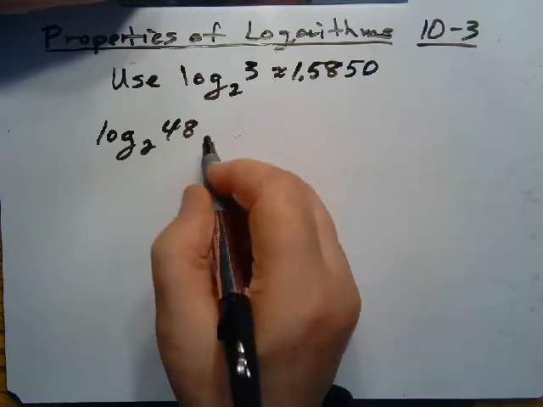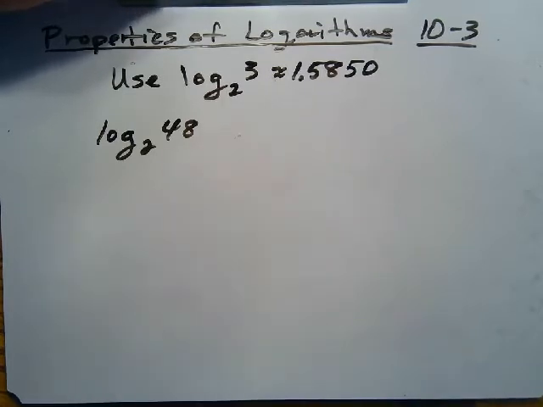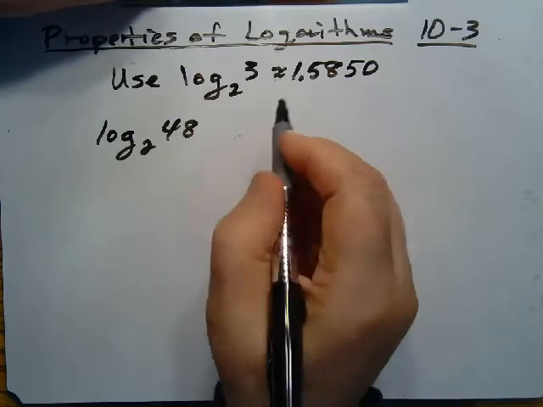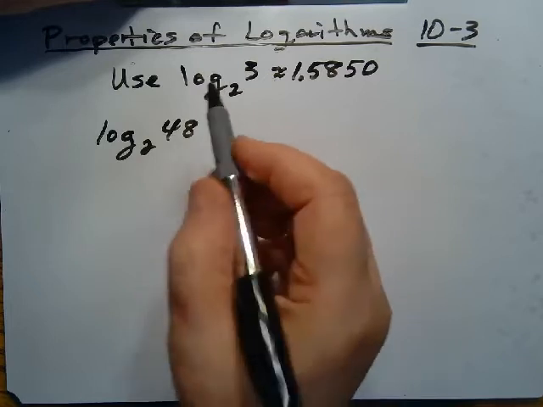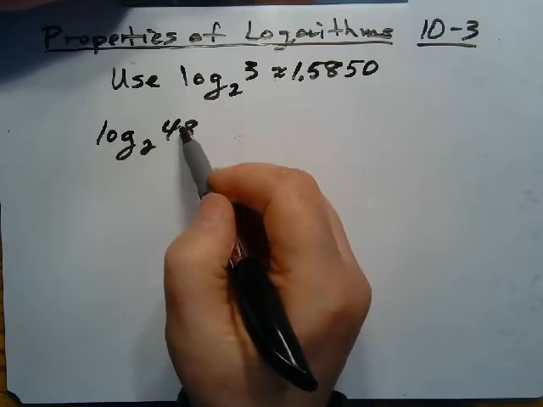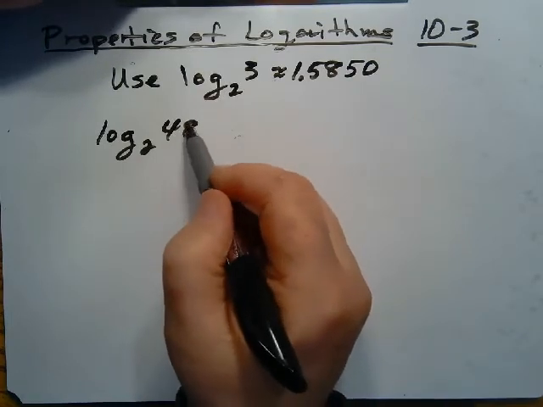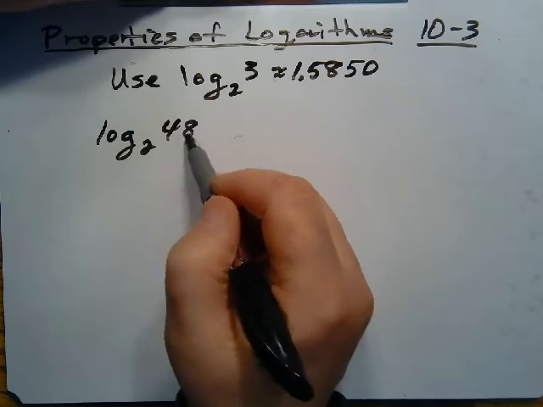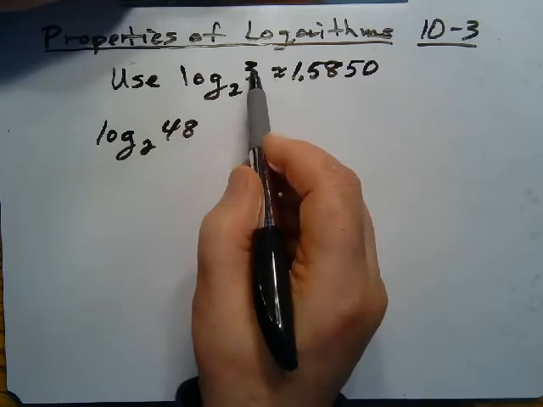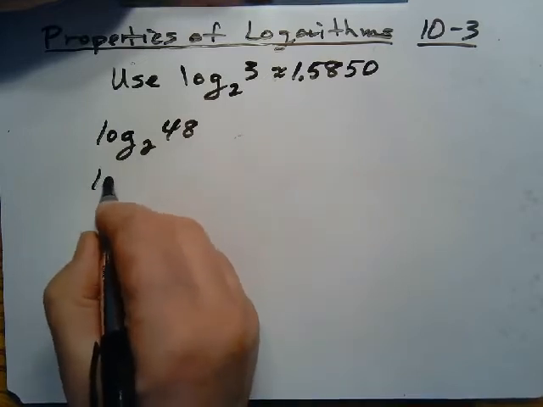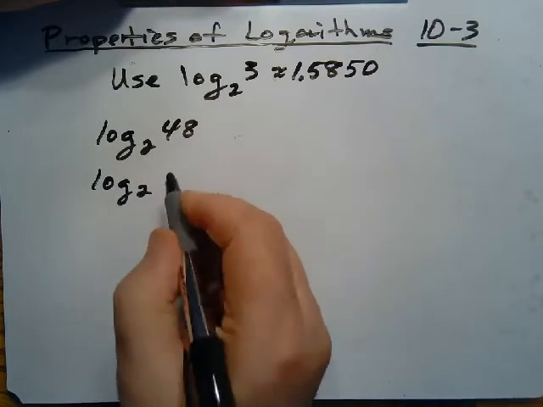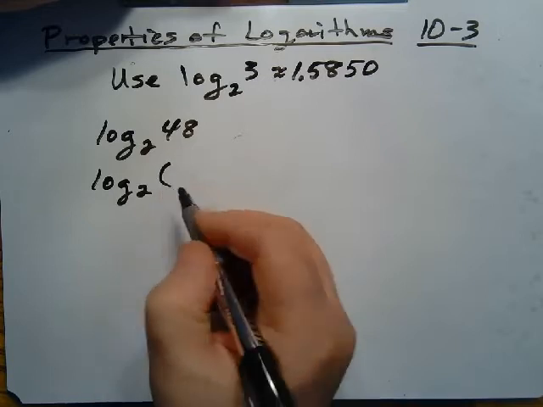Well, what we want to be able to do, this is just an exercise. This is not the kind of thing that you're going to be doing mostly when you're solving logs in the real world. This is just a little practice to see if we know how to do this properly. I'm looking at the number 48, and I'm trying to find a way to break this apart into factors and powers that use the numbers 2 and 3. Well, now I'm trying to be creative here, and I realize I could call this 48. I could call it